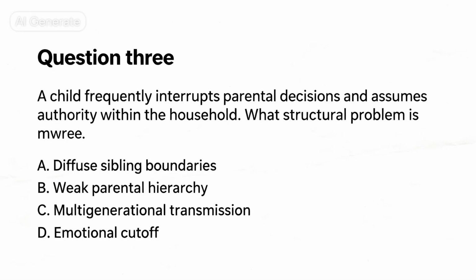B. Question 3. A child frequently interrupts parental decisions and assumes authority within the household. What structural problem is most likely present? A. Diffuse sibling boundaries. B. Weak parental hierarchy. C. Multigenerational transmission. D. Emotional cutoff. Correct answer: